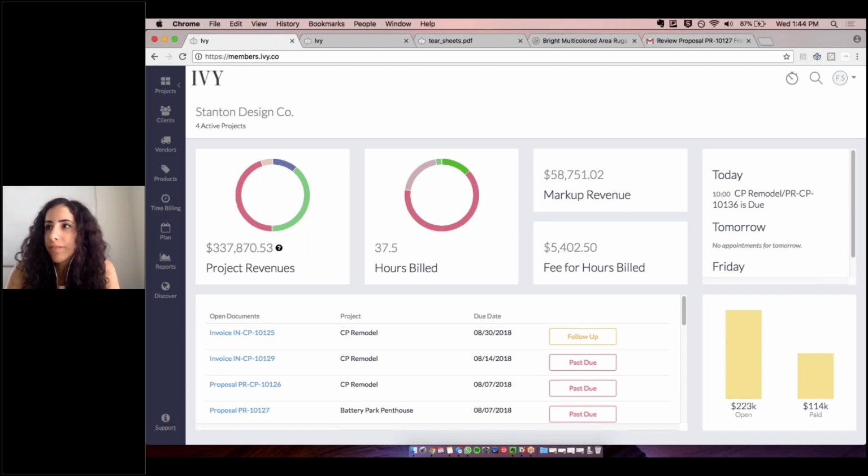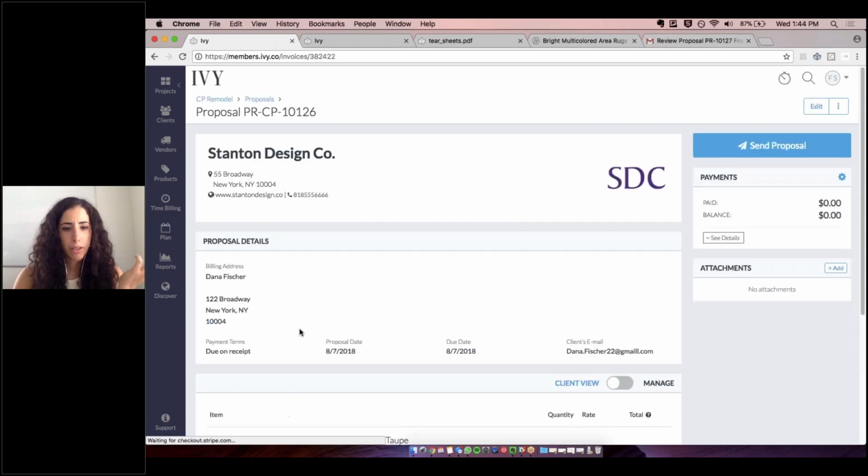Can the client approve different quantities, or how does that approval process work exactly on a proposal? Yeah, so great question, Kate. So in terms of quantities, it depends on how you would want to do that. So I'm going to go back into one of the proposals that we just made, or perhaps I made this